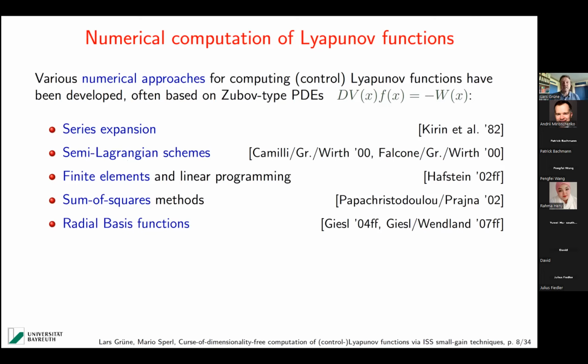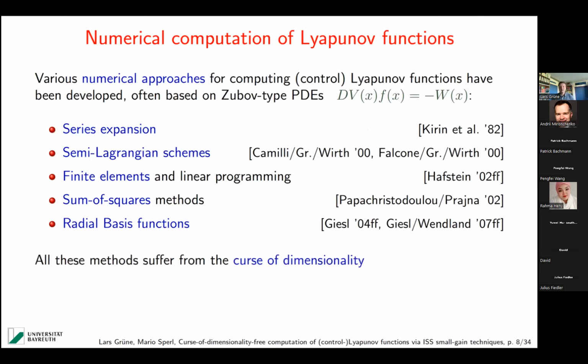And the reason for this is that essentially you can take the third inequality that we had, call the right-hand side capital W, and write this down as a PDE. And this is what is called a Zubov type PDE, was studied in the 1960s, is actually quite related to the Massera construction of Lyapunov functions, for those who have heard about that. But it had this additional twist that we have this PDE characterization, and Zubov particularly characterized the solution of these PDEs. And many of these schemes really use numerical PDE techniques to try to solve this equation. I will come back to that in a couple of minutes.